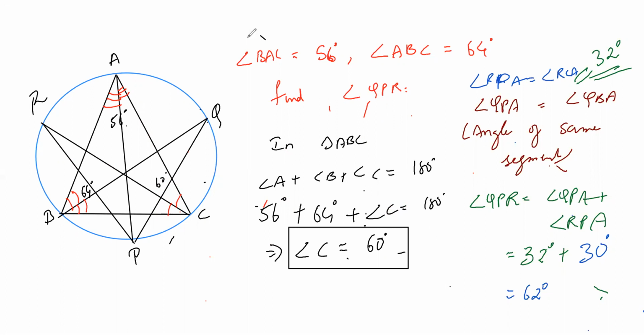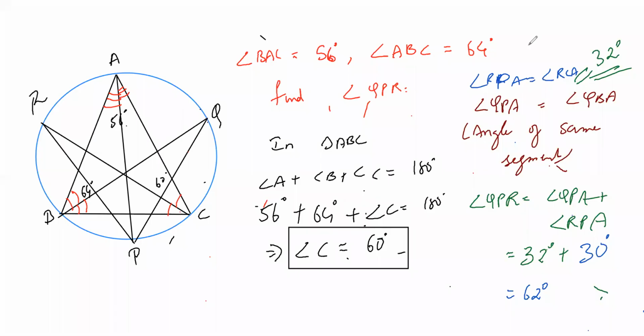We have been taught to follow a systematic way. First you find the triangle, then angles of the same segment. Okay, then finally do this, that's it. But that is not the way to do this and get the correct answer. So guys, just to show you that RPA, I'll just take the spotlight here.